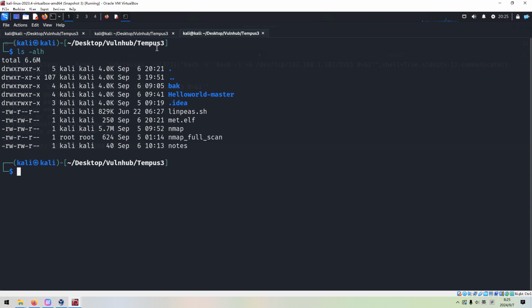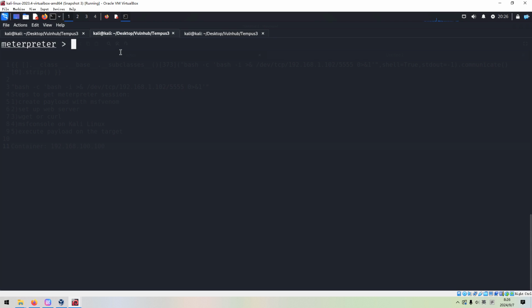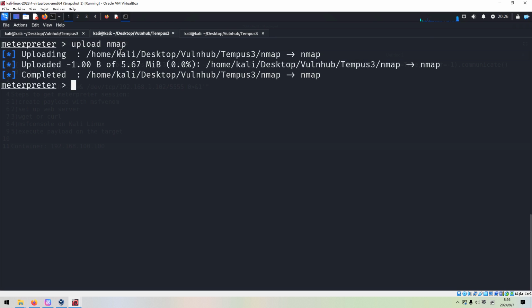And now we need to transfer this binary to the target, which is so easy. We can utilize the built-in function of Meterpreter, upload, and nmap. Okay, it's done. And then we can get the interactive shell by running the command shell and Python.